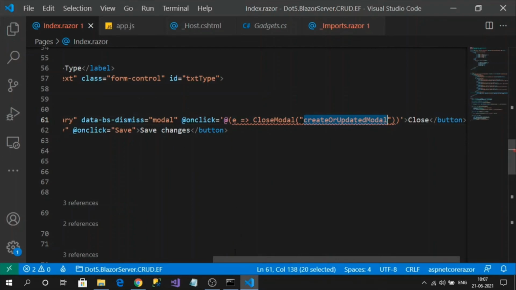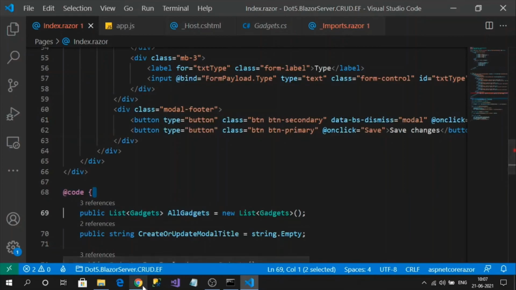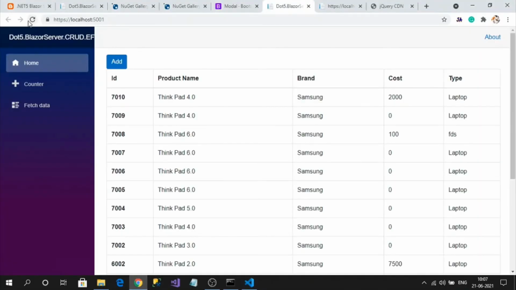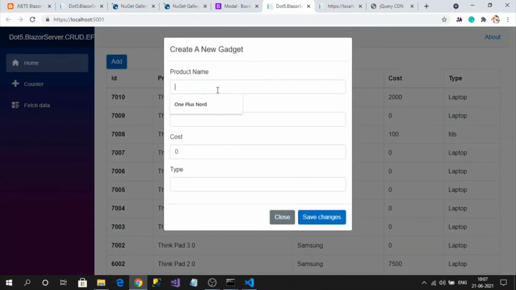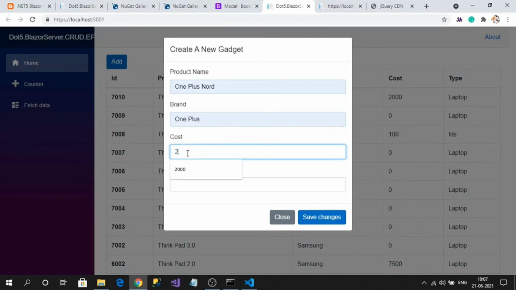So let's run the application. Click on add, and I want to create OnePlus Nord, brand OnePlus, something like 20K, and it is a mobile.